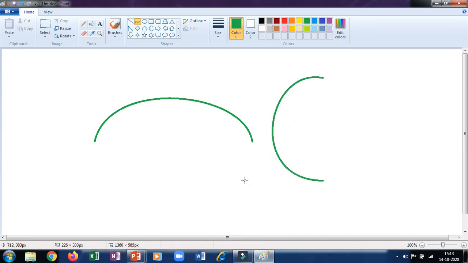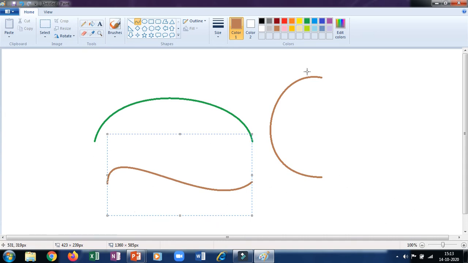This way I have made a C curve. You can change the color and the size till the dotted lines are there. Let me show you one more curve. Draw a straight line, move it here, drag it here, and then drag it this side. If the dotted lines are there, you can change the color, but as you click outside these lines, you cannot change anything now.